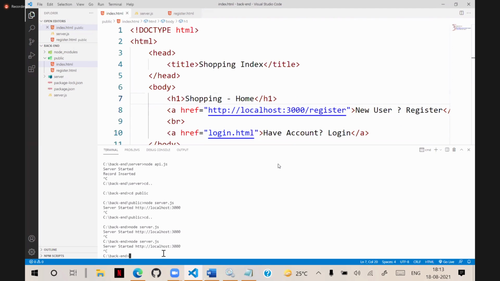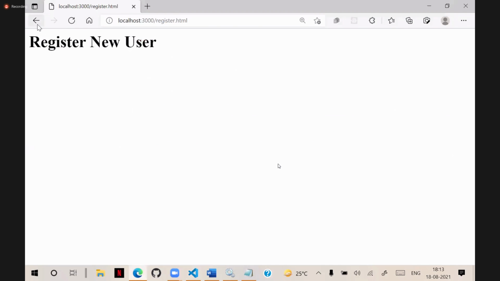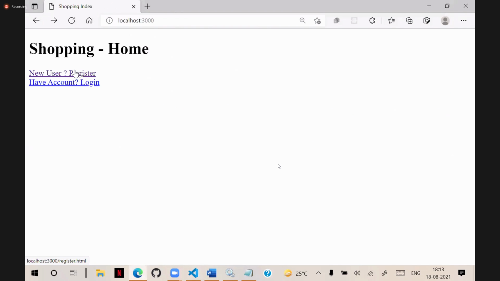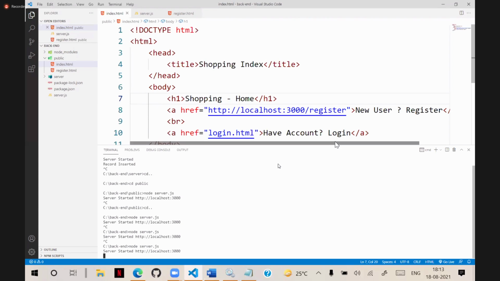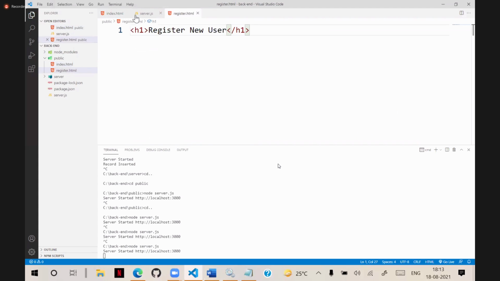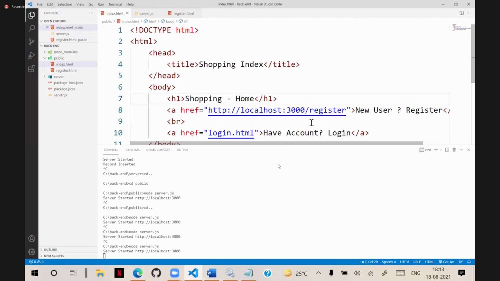What is important is that when you open that index page and click on register, it will get you to the registration form. You can define it in any way. You can configure this path because it is going to return the register.html page only, or you can directly mention the register.html page. Later, when you see advanced concepts, you will see better routing techniques and how to handle them.